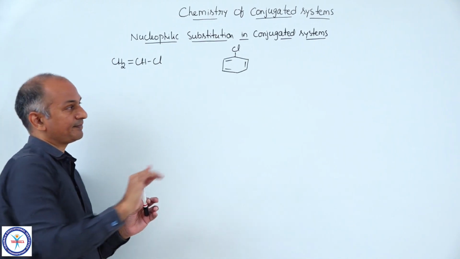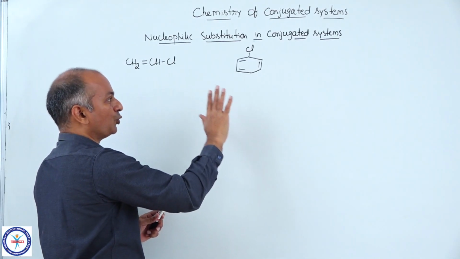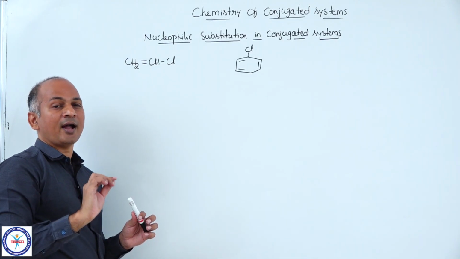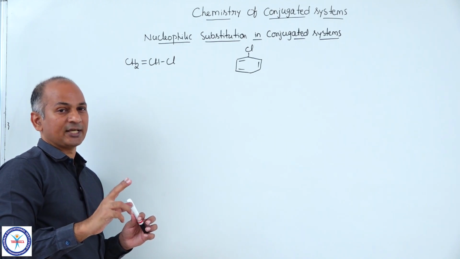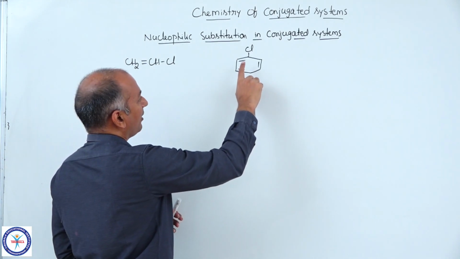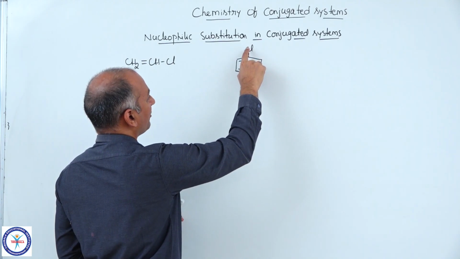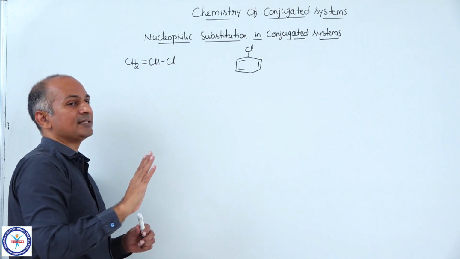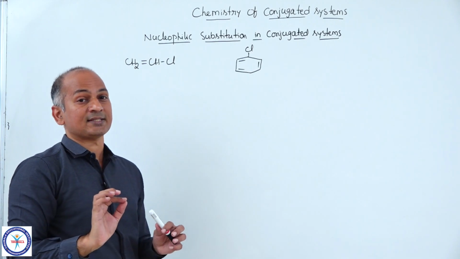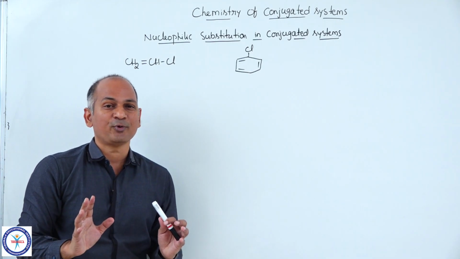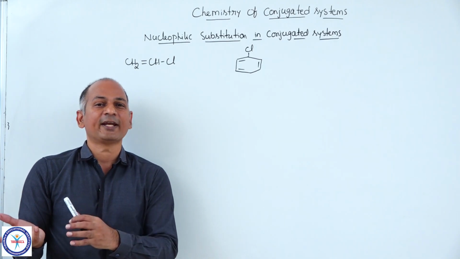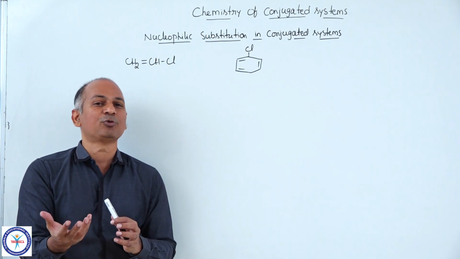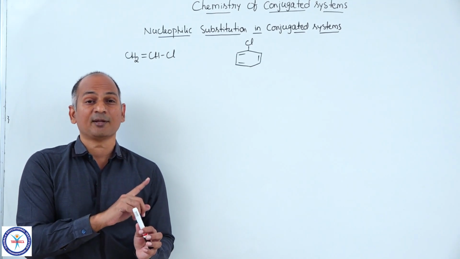Partial double bond character. Suppose if you want to go for SN2 reaction in which the leaving group leaves and the nucleophile comes in one single step, elementary reaction, this carbon chlorine bond in this compound as well as in this compound, in both the cases, has partial double bond character. So in these two compounds chlorine is not a good leaving group. Elsewhere it may be a good leaving group. In normal saturated compounds, alkyl halides, yes, chlorine is a reasonably good leaving group, but here it is not because of the partial double bond character.